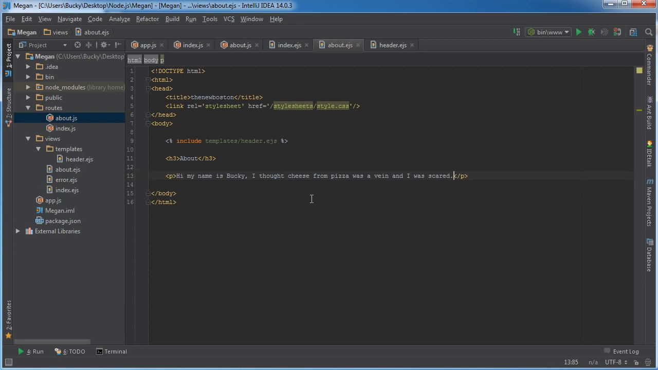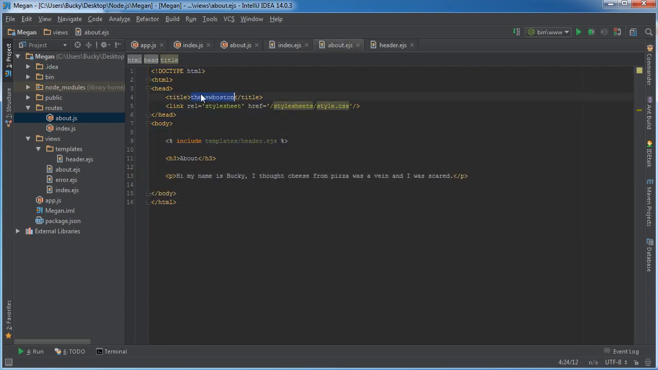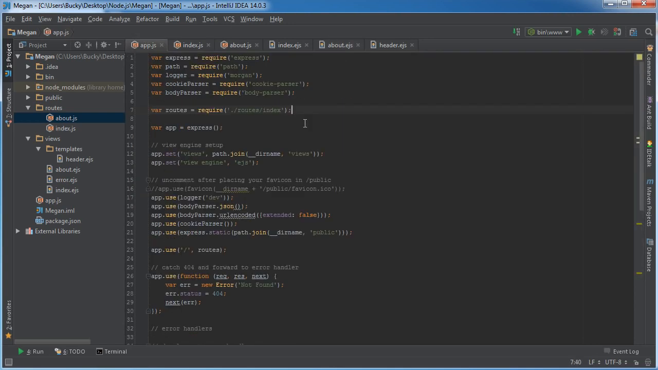Alright, so now we have a view for about and index looking sweet. Actually, let me change this title to about as well. Now what we need to do is set it up first in app.js. Essentially, in app.js we let our program know, hey, we made a new page, so whenever the user requests that page, this is how you handle it. It only takes 2 lines of code, pretty simple. And if you copy this,